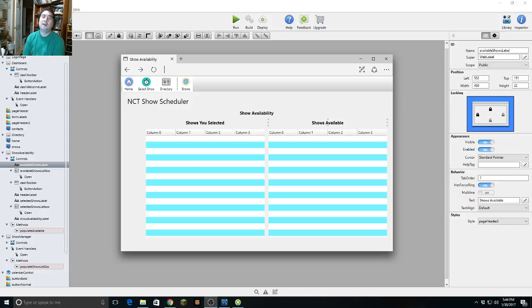So the idea here is, here are February's shows, and here's what's available in February. Everyone in the troupe needs to log into this app and select what shows they're available for. So we're going to pretend we're a regular user. We have a list of shows, and we're going to indicate what shows we're available for. To do this, as you can see, I have 2